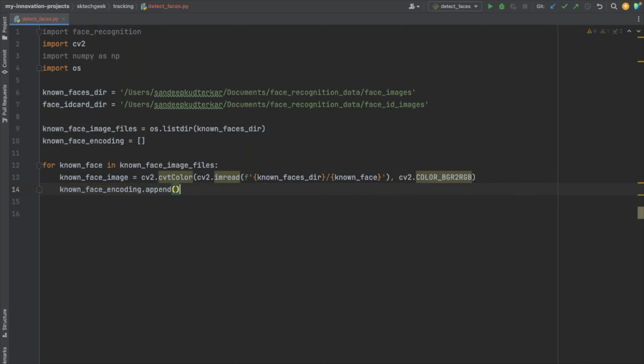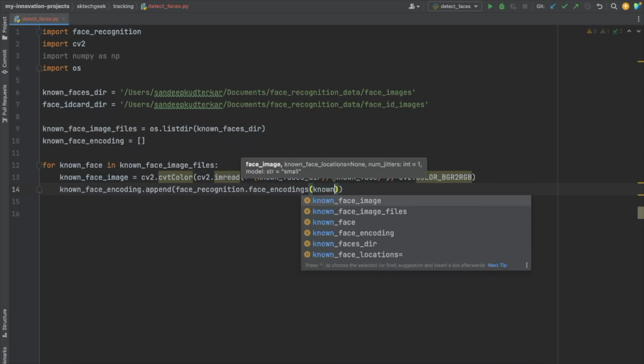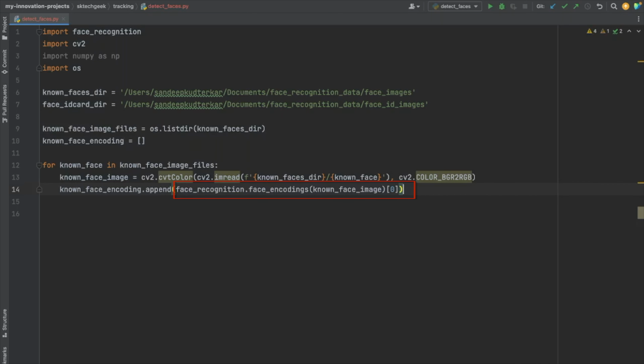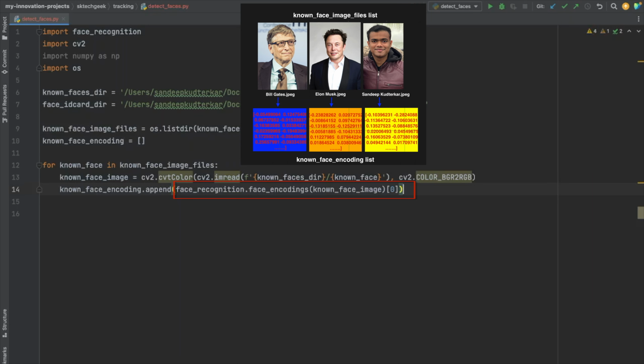Next, we will use the face_encodings function from the face_recognition library with known_face_image as input. This function returns 128-dimensional face encodings for each image's face, which we will store in the known_face_encoding list that we created earlier. Notably, the encoding of each face will be stored at the same index position as it is in the